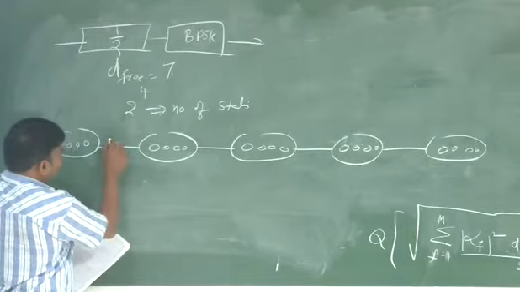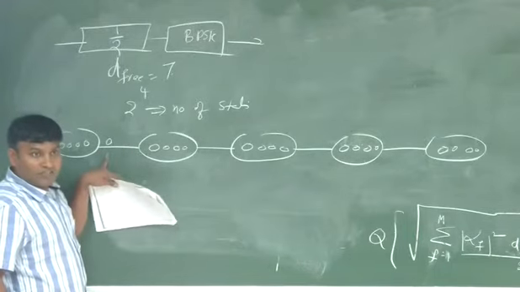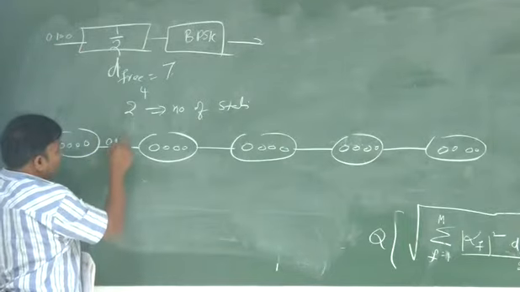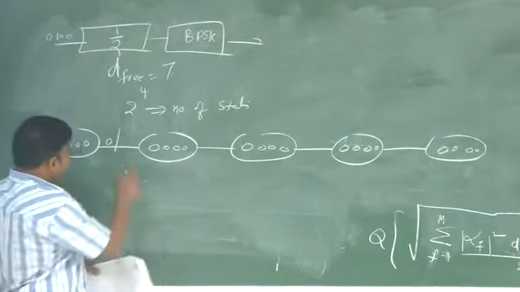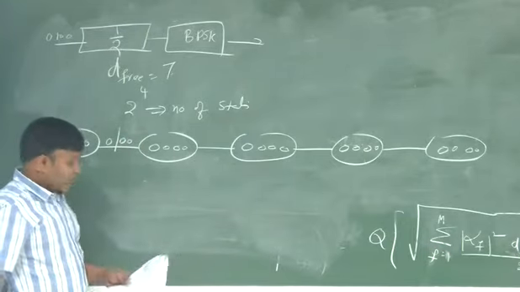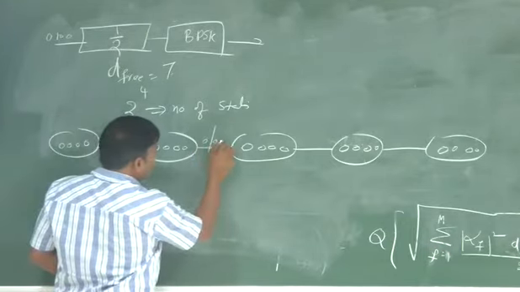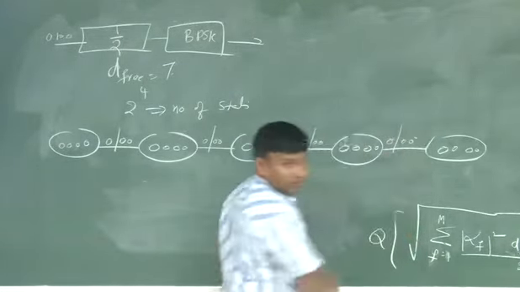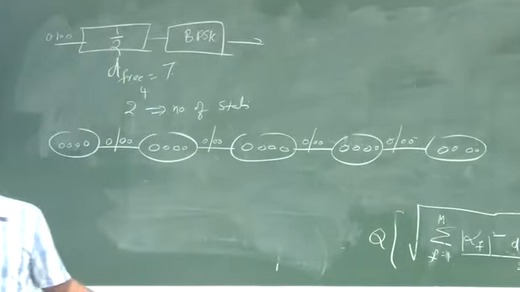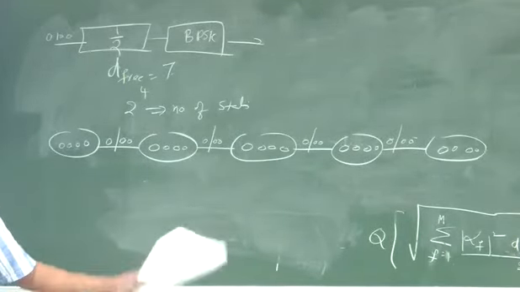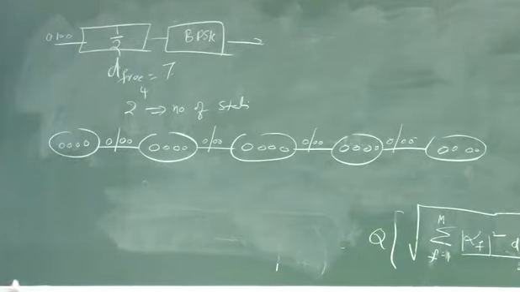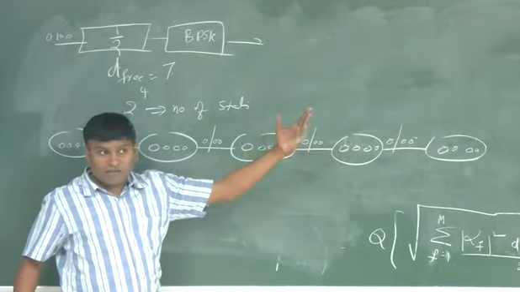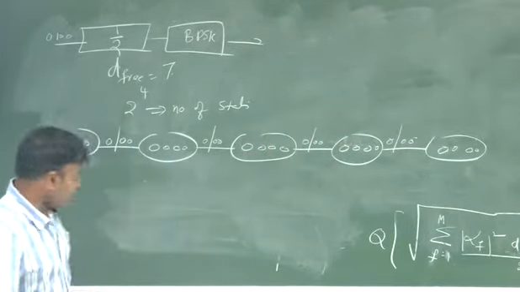What is 0? The source bit 0 gives you a coded bit. It's an all zero code word, so it always gives you 0 0. A 0 here gives you 0 0. A 0 here gives you 0 0. A 0 here gives you 0. What are these zeros? This is C of A, which is the all zero error event. A is taken as the all zero error event. They're all zeros, and they'll be mapped to either +1 or -1.